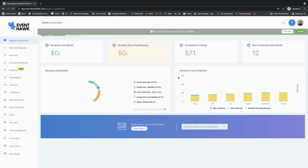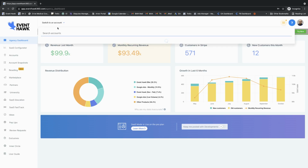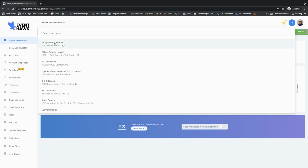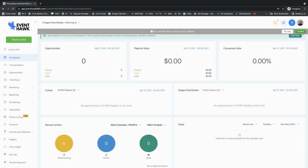That's it. I'm in. So I don't know what the big deal was with 2-factor authentication. A lot of you guys had issues signing up recently. I think the issue was that some of you guys don't have emails, or you have the wrong email set up. So if I go to any company here, and you'll see this bar at the top, and it says